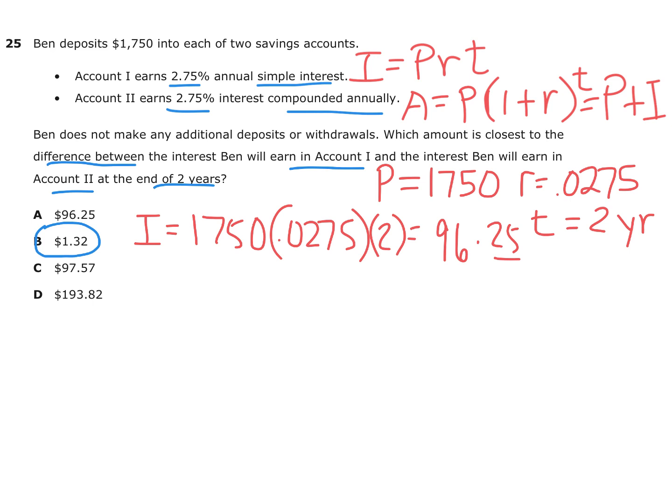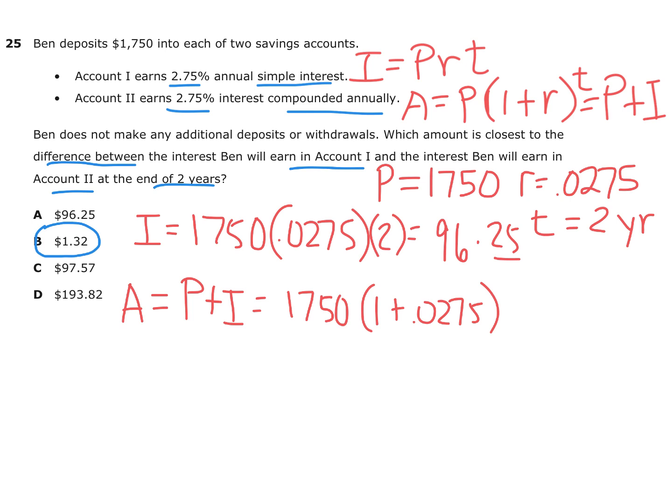Now for account 2, it's a little bit more involved. We're going to say the amount, which is principal plus interest, is going to be $1,750 for the principal times 1 plus R, 0.0275, raised to the T power, T is 2, and that comes out to,